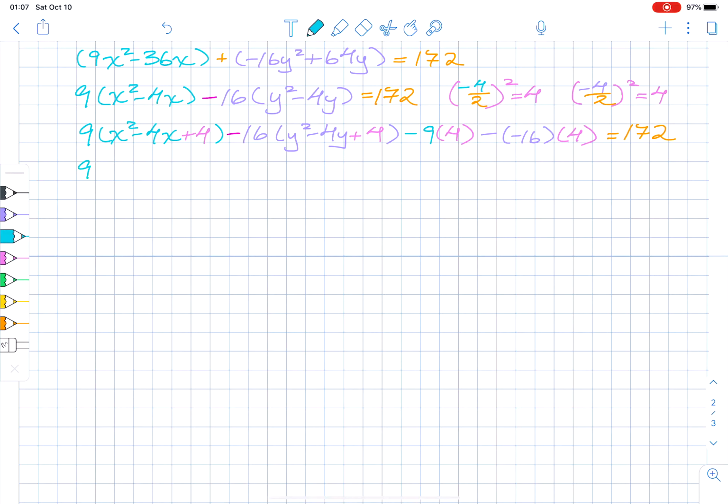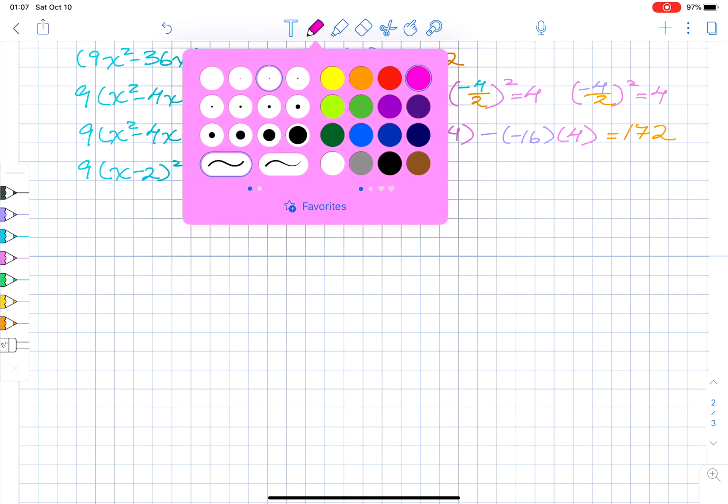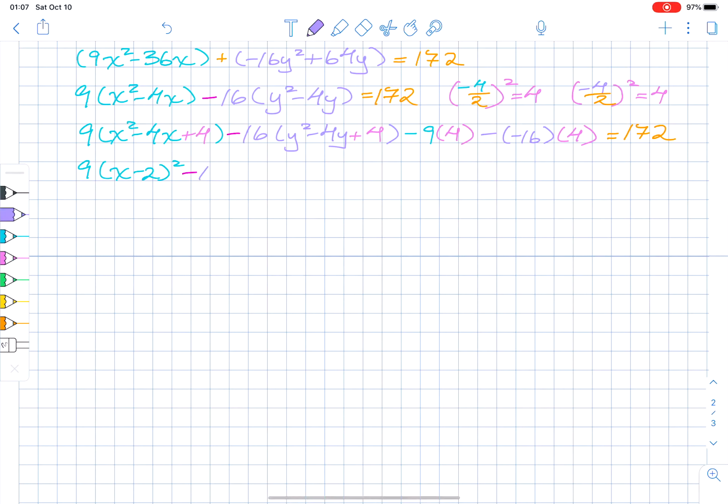So this now gives us 9 times the quantity x minus 2 squared minus 16 times the quantity y minus 2 squared. Let's see, 9 times 4 is 36. 16 times 4, 2 negatives make a positive, is 64. And that's 172. So we have 9 times the quantity x minus 2 squared, from which we're subtracting 16 times the quantity y minus 2 squared, is equal to